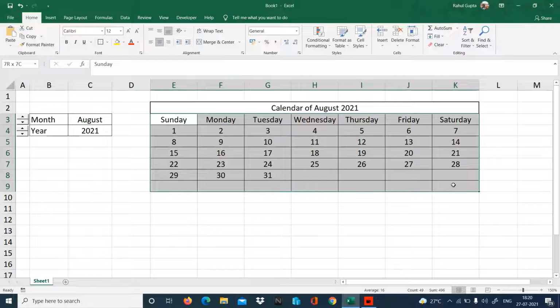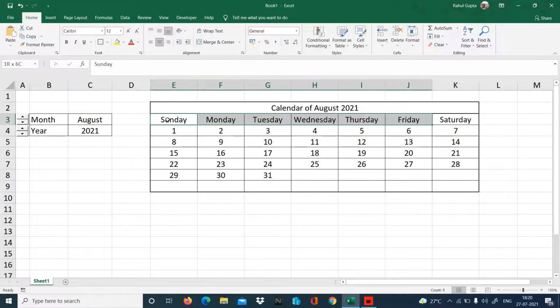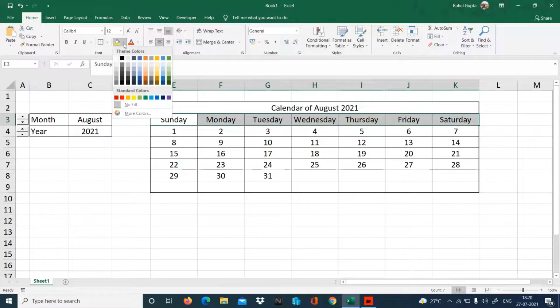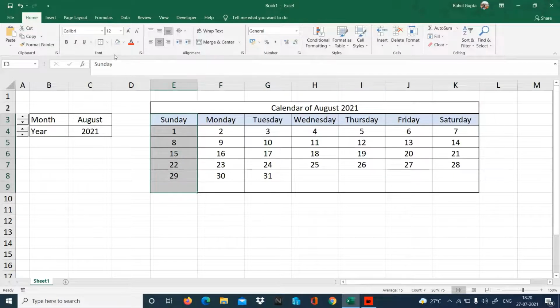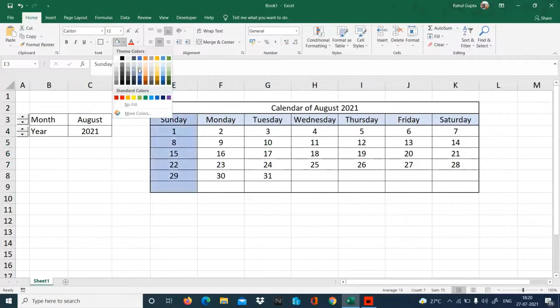I'll select the whole, make it this one, select this much of part, again make it. If you want to make some colors, just fill up some colors. Like I want to put this color. Sunday I want to make in another color, so I'll just make it any dark color. Might be this one.